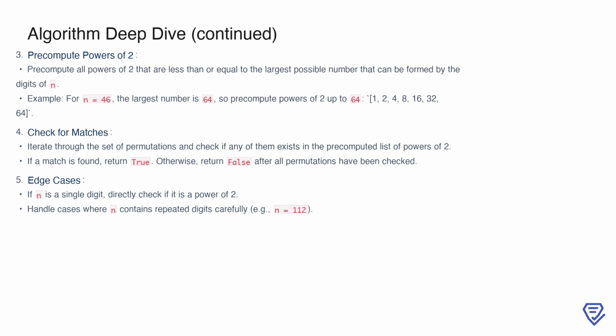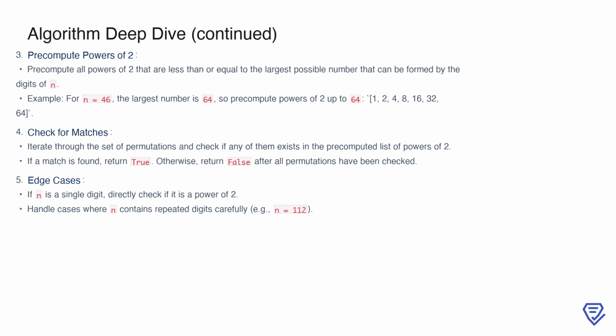After generating the permutations, the next step is to pre-compute all the powers of 2 that are less than or equal to the largest number that can be formed by the digits of n. This ensures that we have a list of potential matches ready for quick comparison. For example, if n equals 46, the largest number we can form from its digits is 64. Therefore, we pre-compute powers of 2 up to 64, which gives us the list 1, 2, 4, 8, 16, 32,